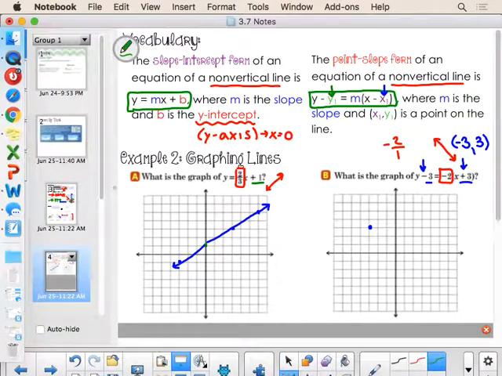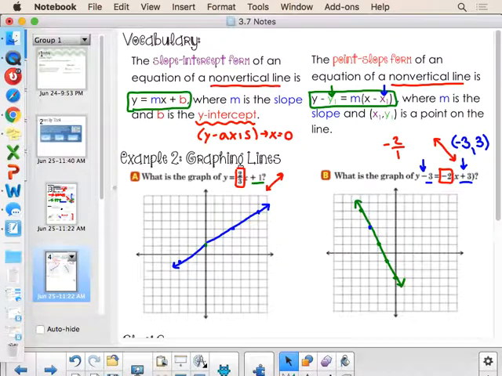From this coordinate, I'm going to do a slope of -2. So I'm going to go down 2 units and to the right 1 unit to plot this point. Down 2, right 1. Down 2, right 1, and here creates my line. Again, to create the back half, I'm just going to do the opposite. So I'm going to go up 2 and to the left 1 unit, creating the back side of this graph.